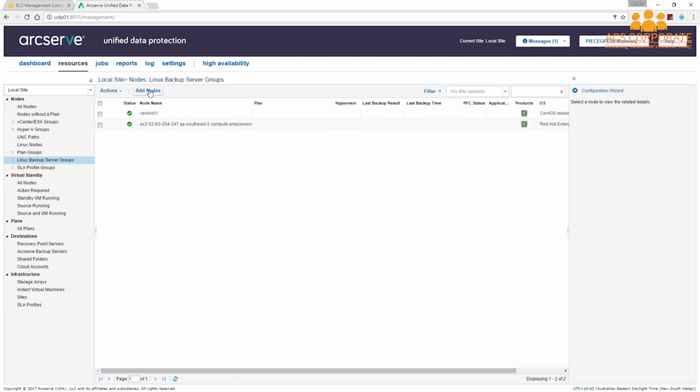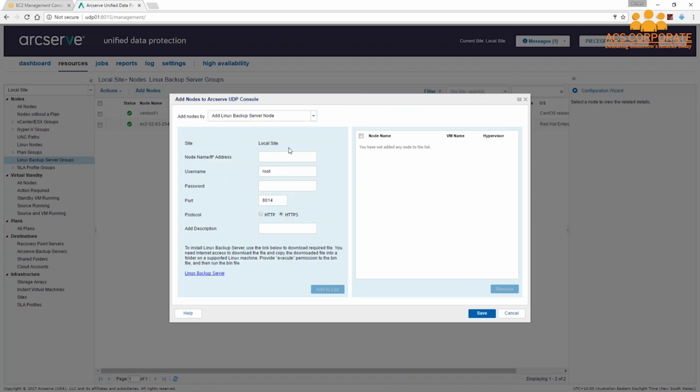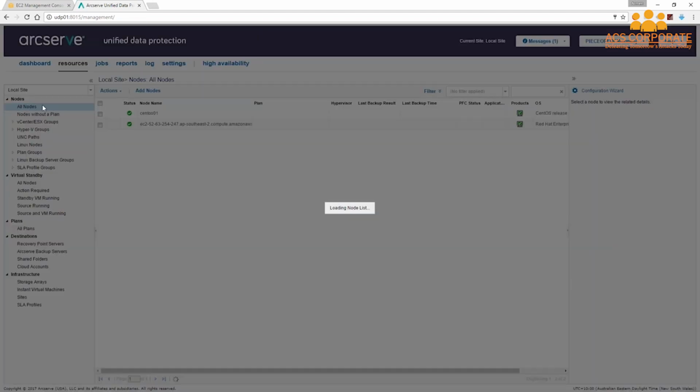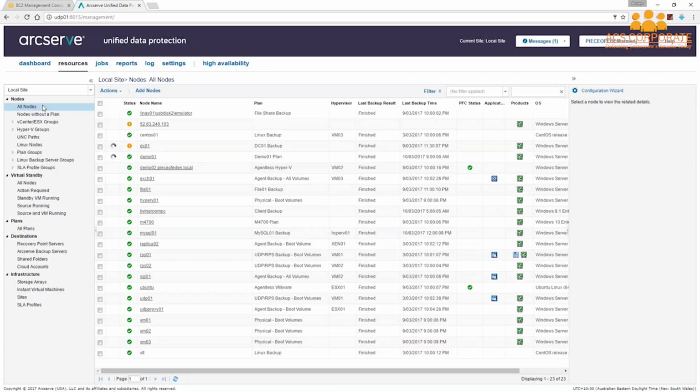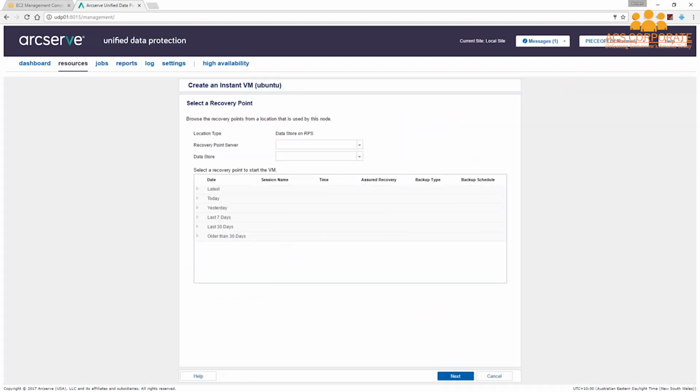If that wasn't there, I can click on Add Nodes, and then I can choose to add a Linux backup server node, and then I would provide my credentials and details for that machine in here and click Add to List. But again, I've already gone ahead and done that, so there's my Linux backup server showing in my list, which means I can go to my node list and I can right-click on this Ubuntu machine, and then I can say create an instant VM. So I'm going to create an instant VM,